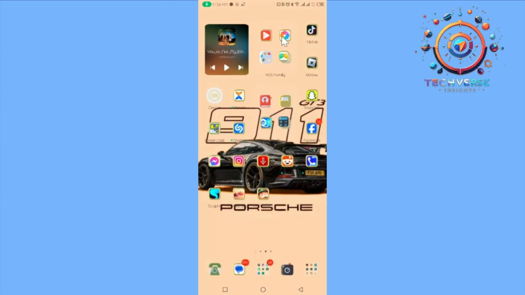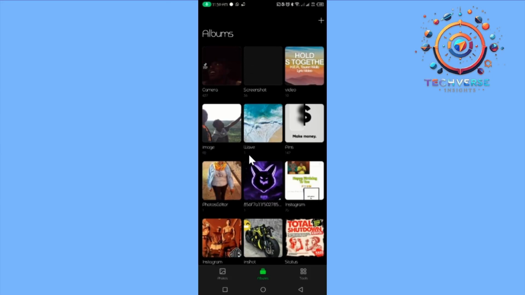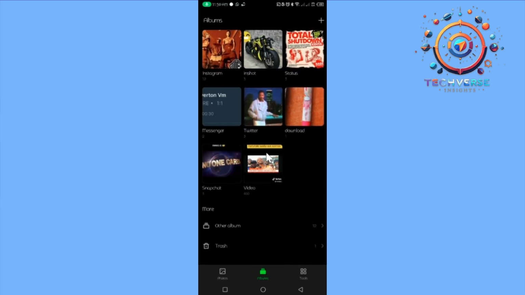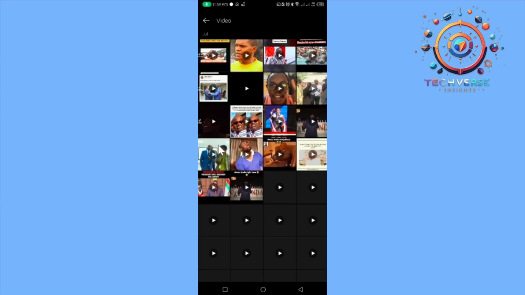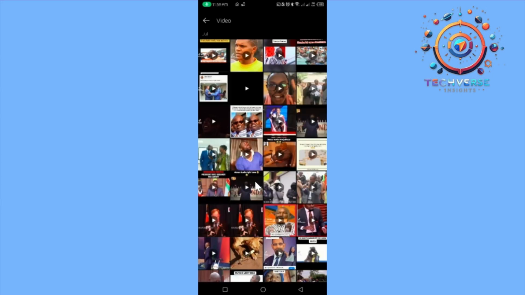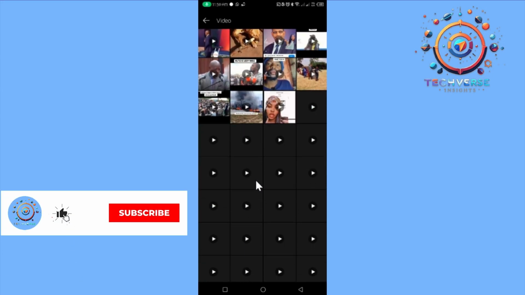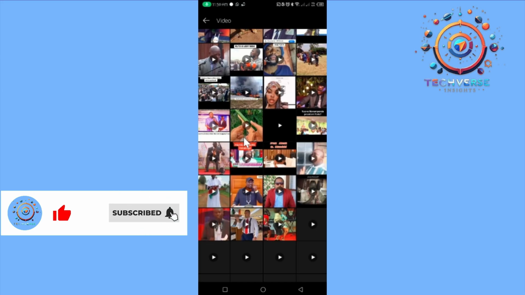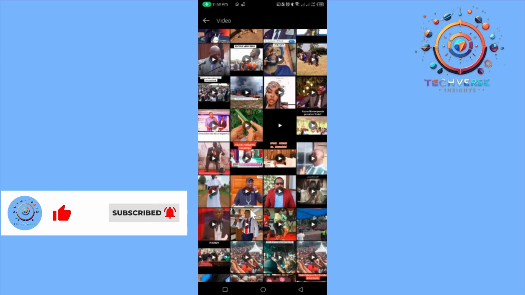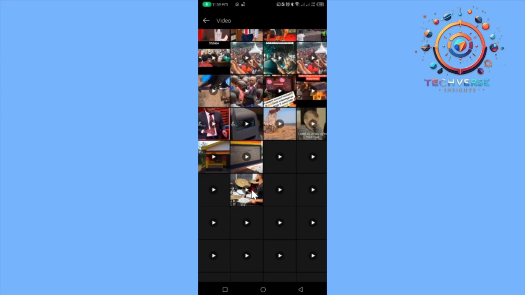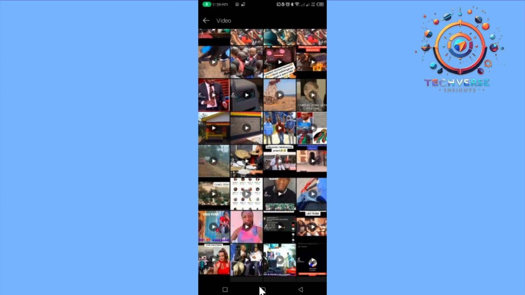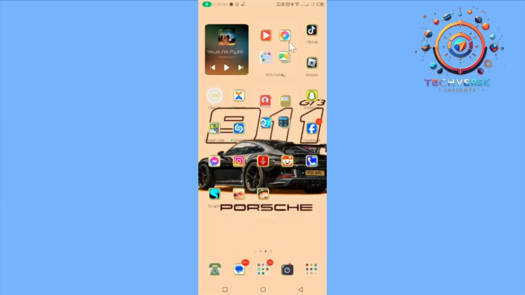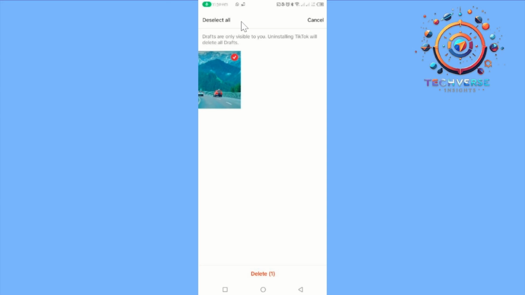your gallery, and then you're going to head on over here to albums, as you can see on here. And then you're going to scroll down till you see video and tap on it. And you're going to try seeing if you're able to locate that draft that was in your TikTok. In the case that you cannot see it, you can just go back to TikTok, and then you're